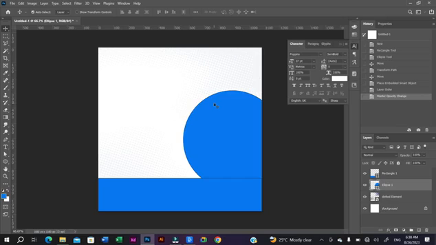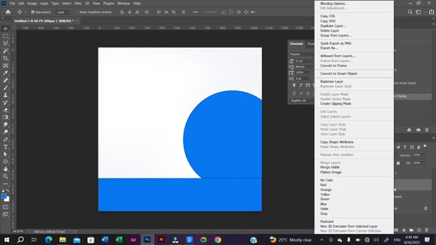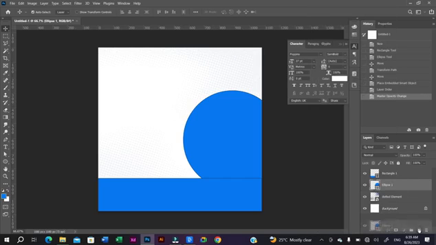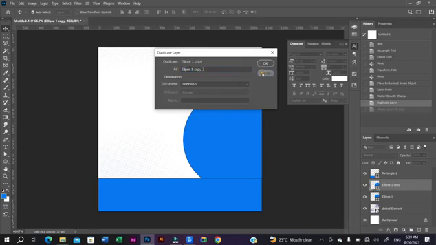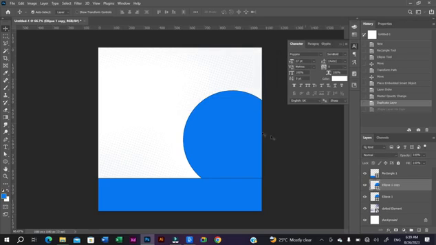So let's duplicate this circle. You can easily drag it and come down to the create new layer icon to make a duplicate, or you click Ctrl and J to make a duplicate, or you right click on it and click on the duplicate option here to also make a duplicate. So there are so many ways to create duplicates. But now the reason why I'm creating a duplicate is